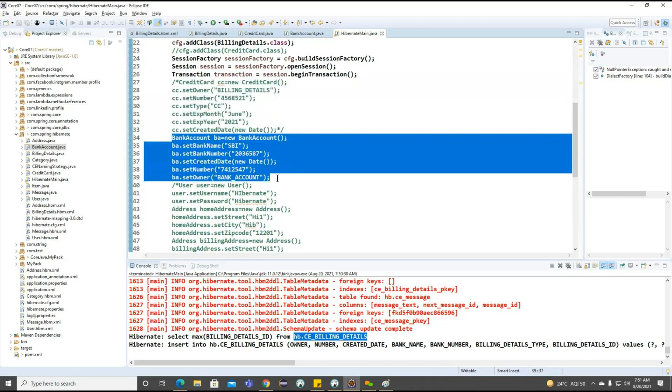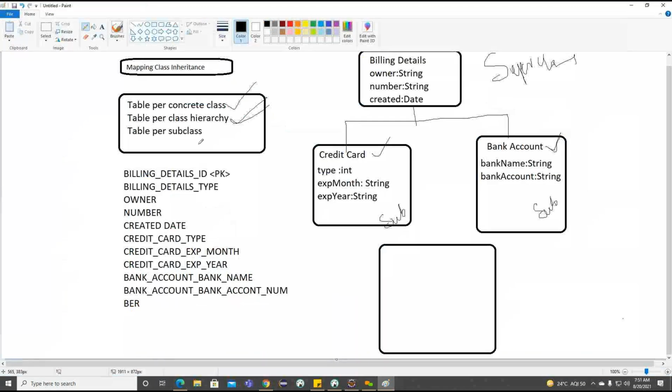So how we created credit card and how we created bank account, because the bank account and credit card both are extending from the billing detail class, right? So when we are trying to work on the concrete class here, we are going to create two tables here. So one for the credit card and another for the bank account, right? And the mapping also we are making for the credit card and bank account.